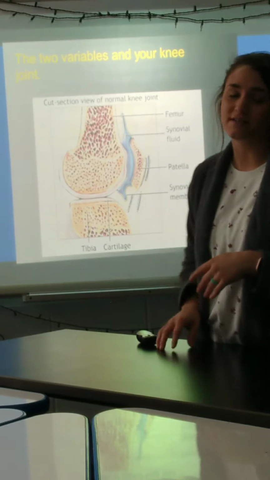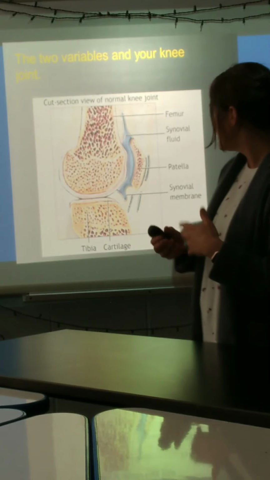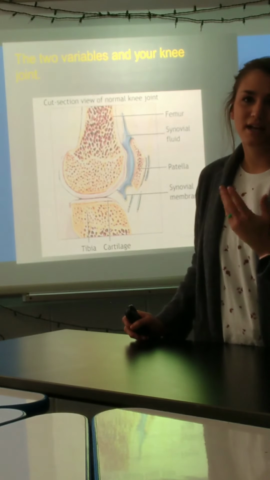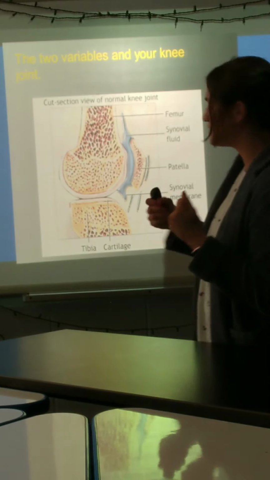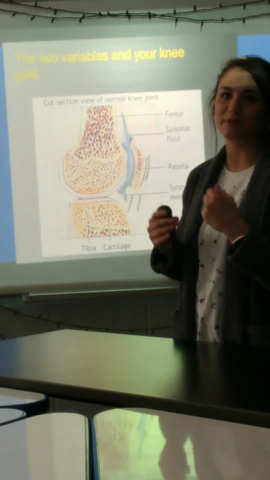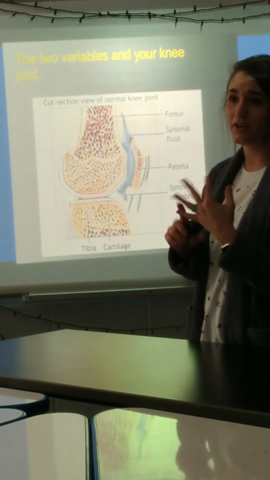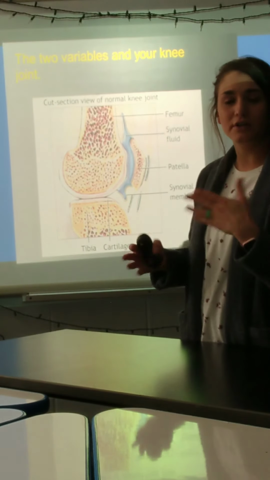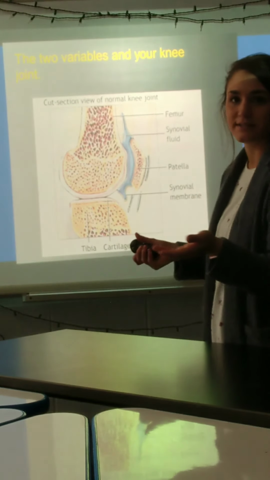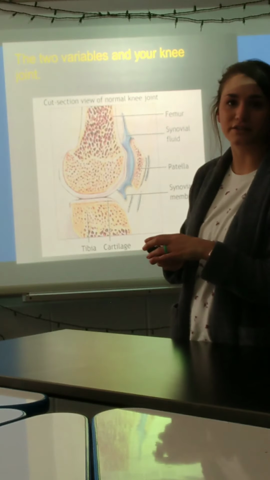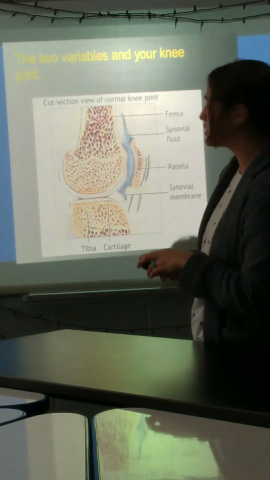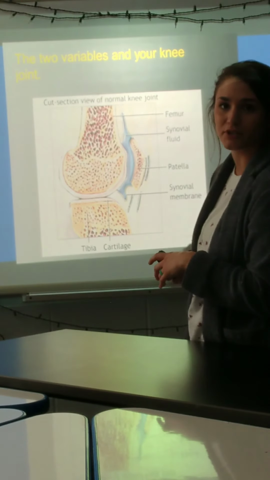And so sliding friction is also what's going to eat up the cartilage in your knee joints, your elbow joints, your shoulders, whatever sliding joints you might have in your body. And so again, the things that affect that the most are going to be pressure and also speed. And so if you're a runner and you're used to moving these joints very quickly a lot, you might find that your joints wear out faster, and that goes for any athlete, basketball, football, whatever. But if you're moving really quickly, it's going to affect your joints to some degree.